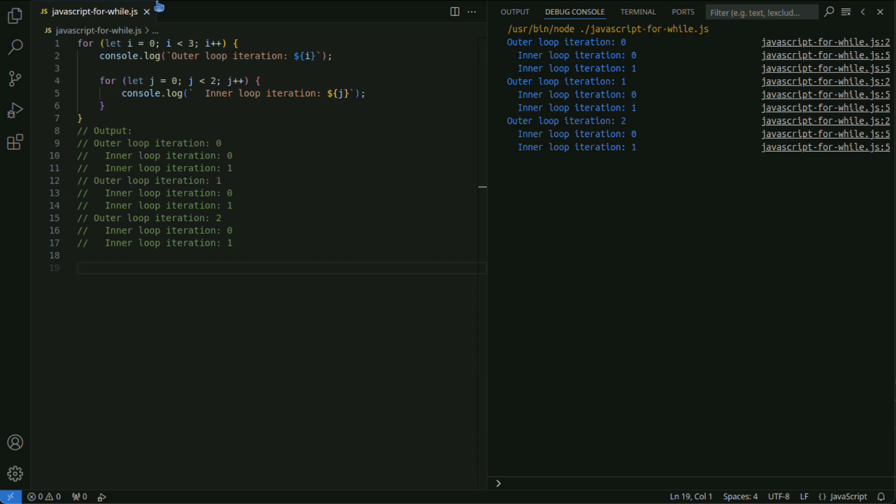Nested loops are particularly useful for handling multi-dimensional arrays. For example, when processing a two-dimensional array, you need to handle both the rows, outer loop, and columns, inner loop.